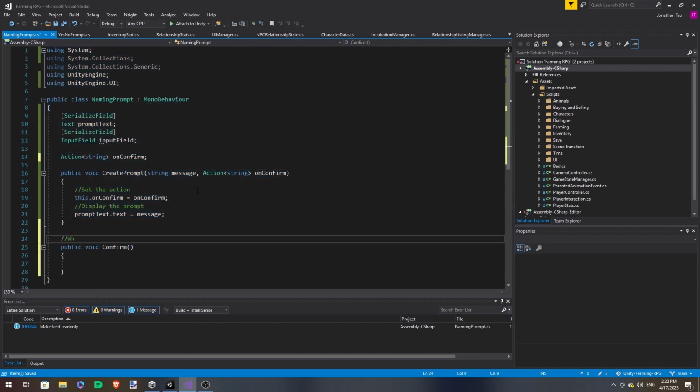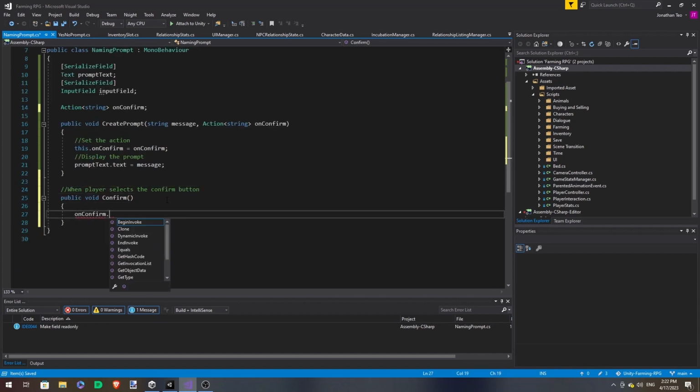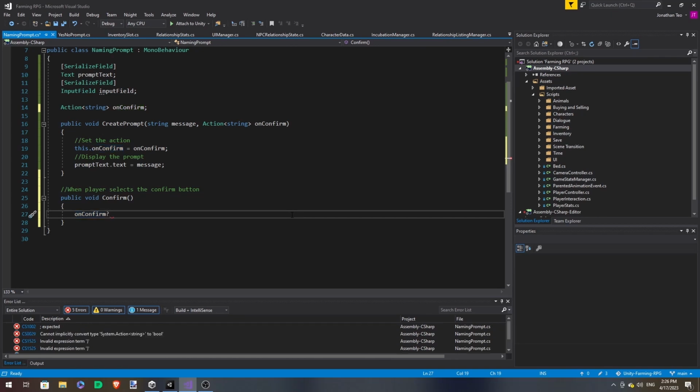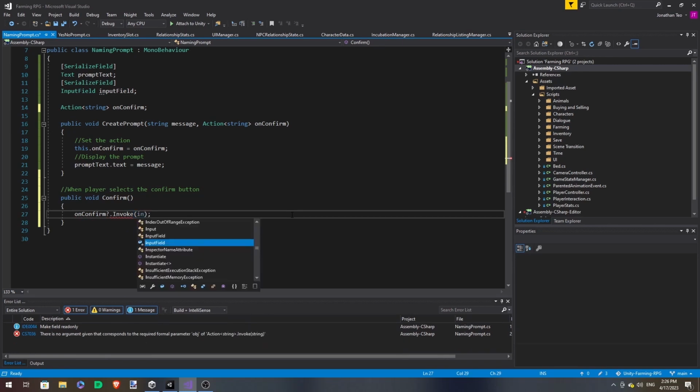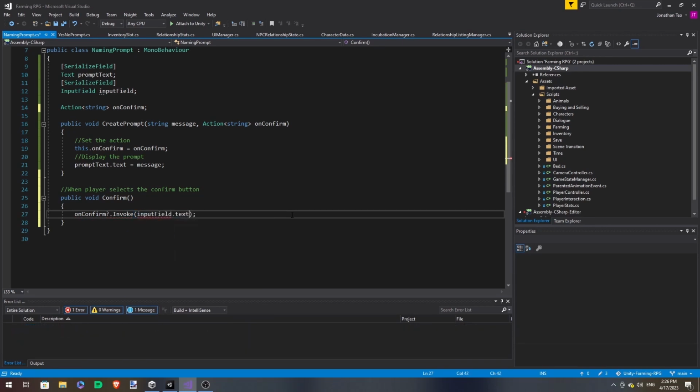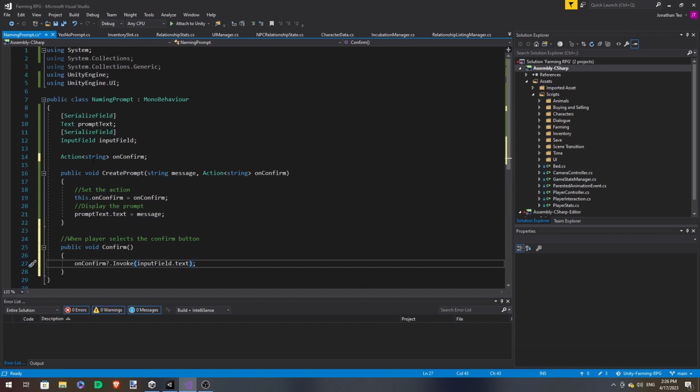And then over in our confirm function, so when the player selects the confirm button, first we want to invoke whatever we had on the onConfirm action with the input field .text passed in as the string.